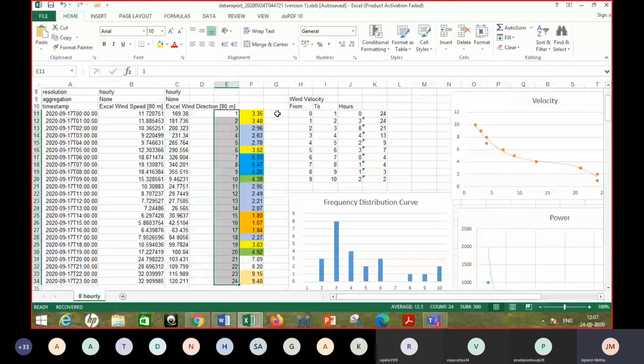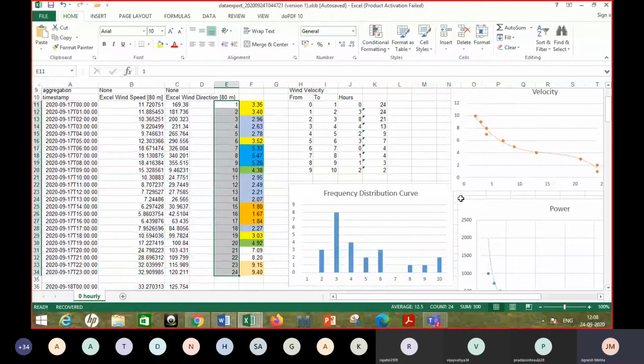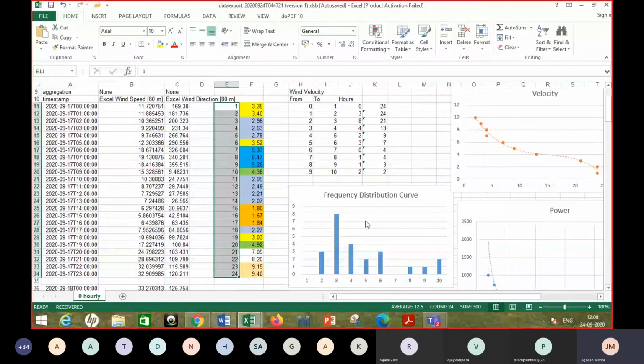Okay. Now when you are talking about the frequency distribution curve, what is it? It is basically the frequency, that is, the number of hours for a particular velocity. So if you're talking about, let's say, a particular velocity range, like 0 to 1, you can have a look at this graph here, and that shows 1, 2, 3 up to 10. So 1 you may consider 0 to 1, 2 is 1 to 2, 3 is 2 to 3, and so